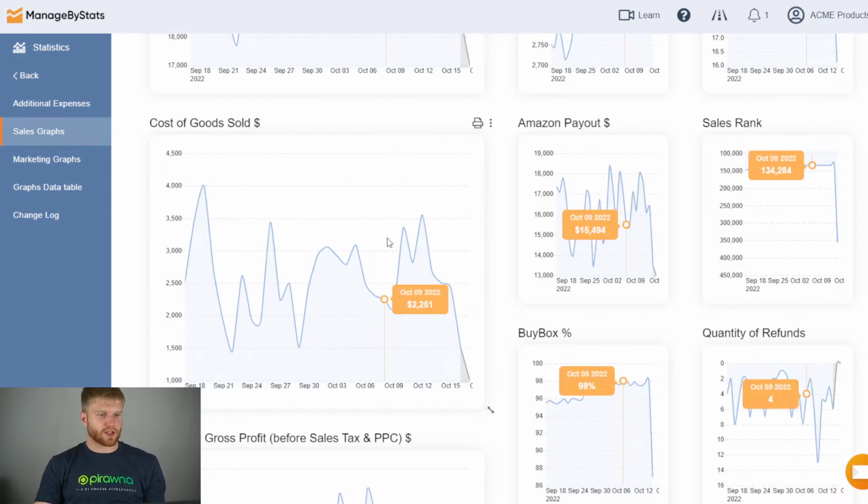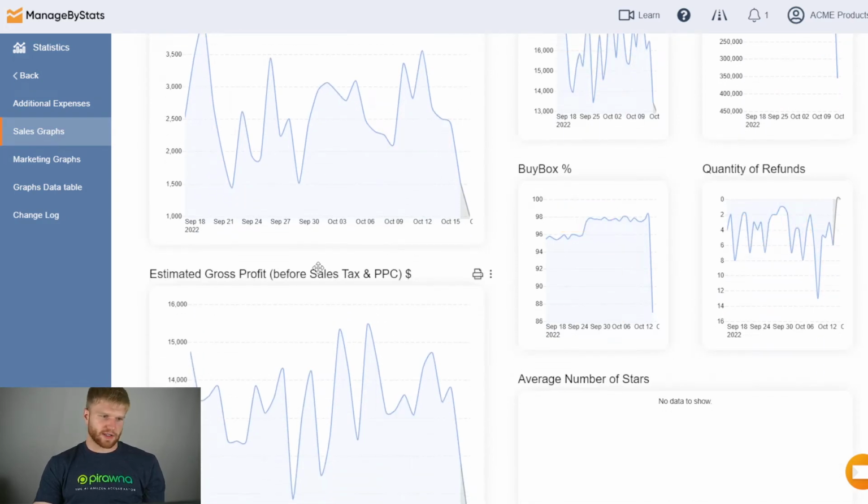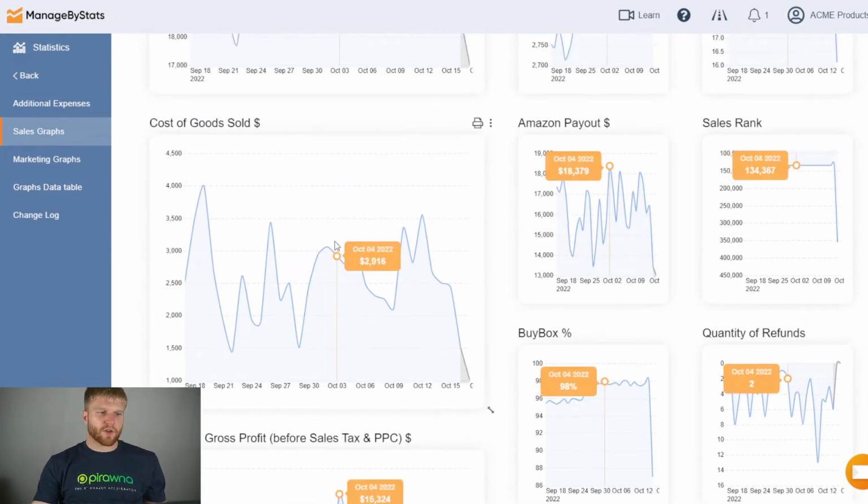And when it comes to the cost of goods sold, how is that impacted over time? Is that going up? Is that going down? They obviously have always mattered, but it's getting more and more important because of inflation. Inflation is driving up the cost of goods, and it's what everyone is talking about right now. And you're going to want to keep track of your cost of goods to know, is your profit margin healthy or is it not? Because you could be advertising an ASIN that really doesn't get into the amount of revenue